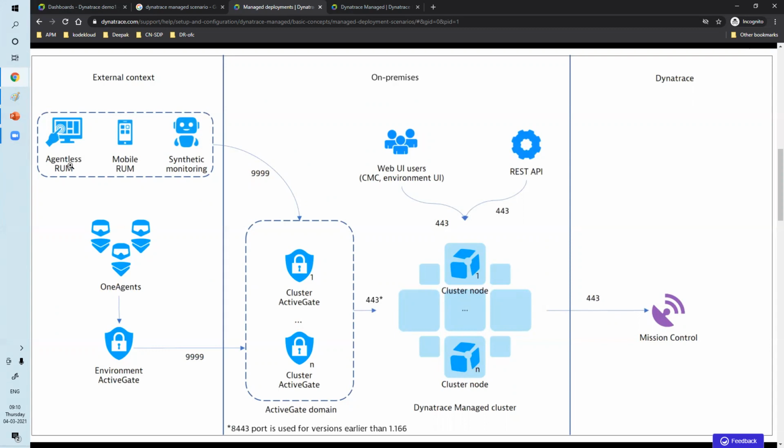Some applications will not allow you to install agents, depending on some policy, but still you need RUM data. Then a Cluster ActiveGate is required on a dedicated VM. Suppose you want to use all those components, cluster node, Cluster ActiveGate, and Environment ActiveGate, you should have 3 VMs.